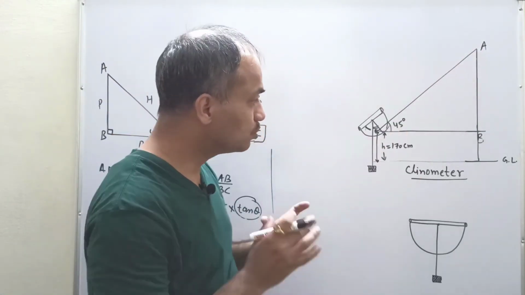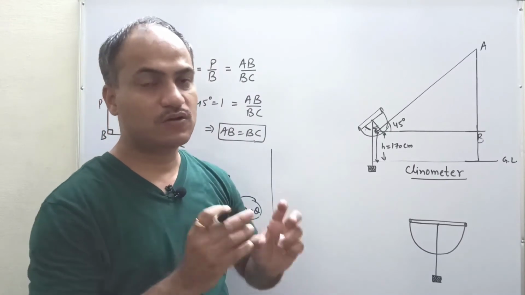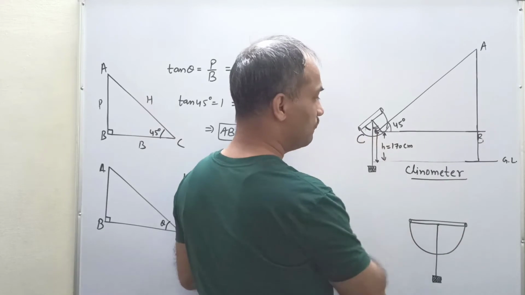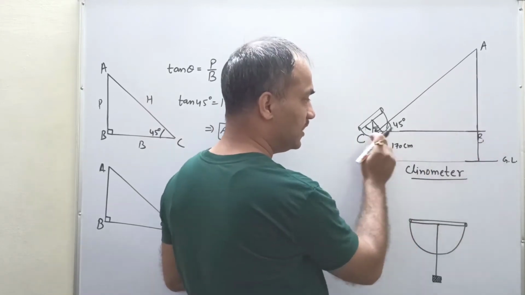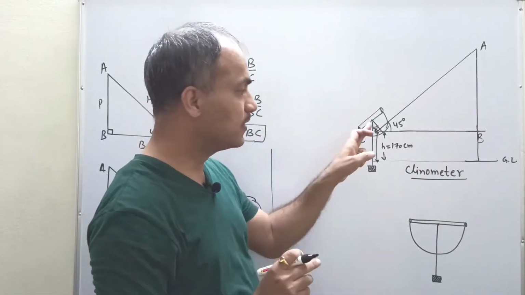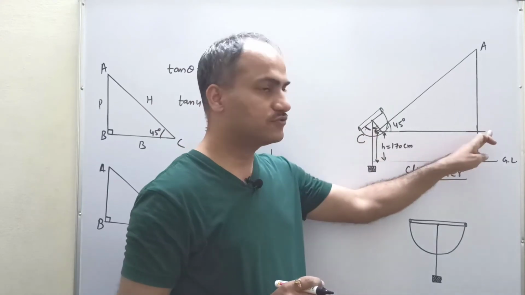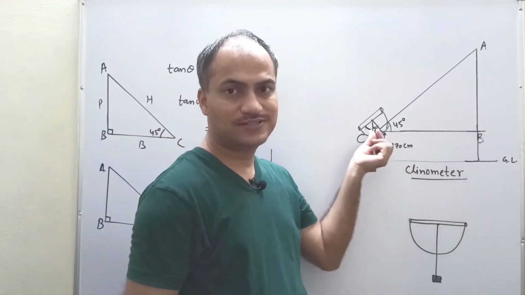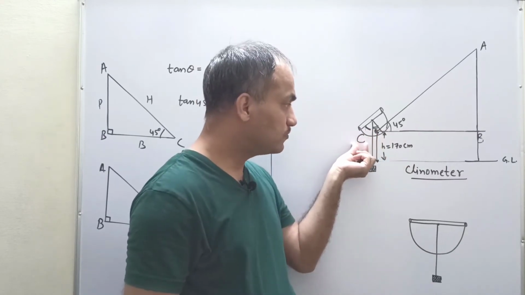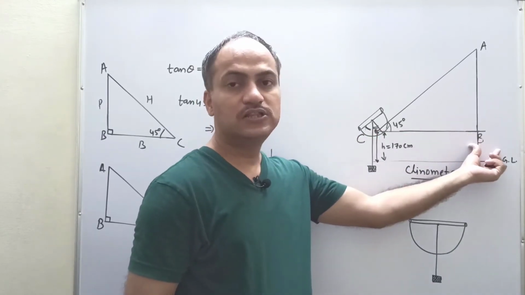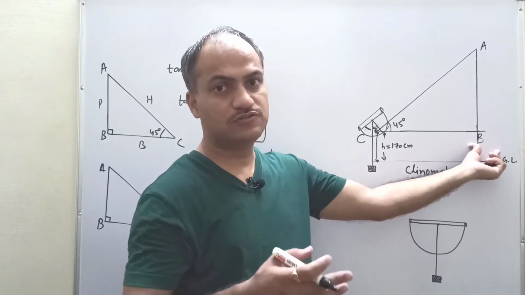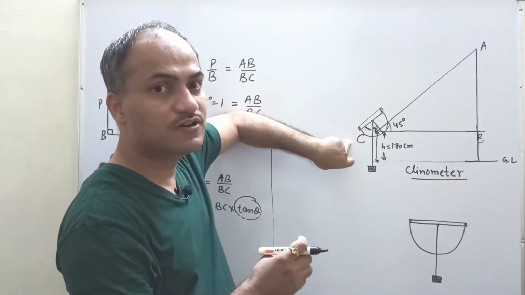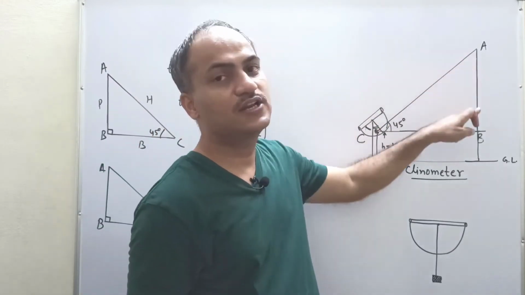Fine. Now we can apply our concept. Now according to the concept, we have triangle ABC where we can easily measure the BC distance. Okay, from this point, with the help of thread or any instrument, we can easily measure this distance, from this point till the foot of the tower or foot of the tree, and whatever this distance is, this will give us the value of the height of the tree.